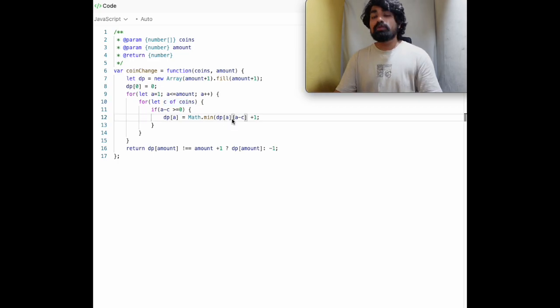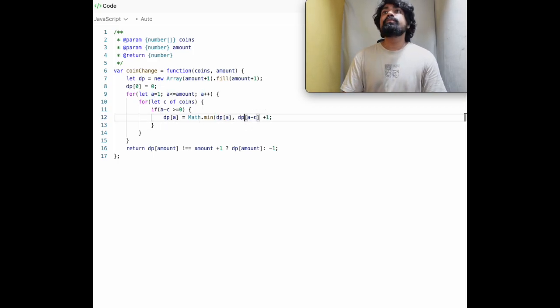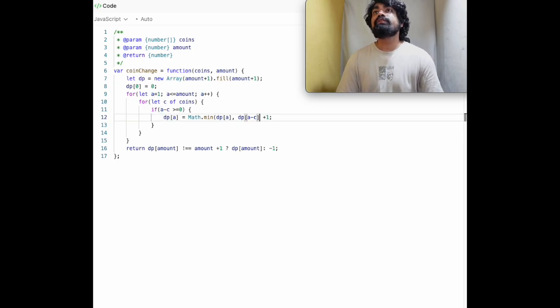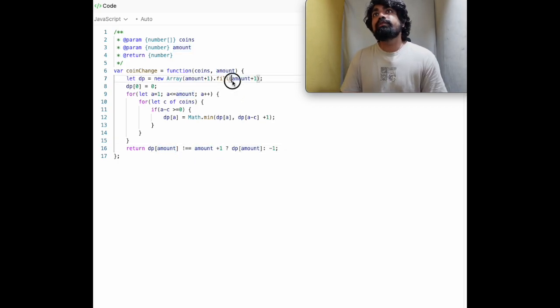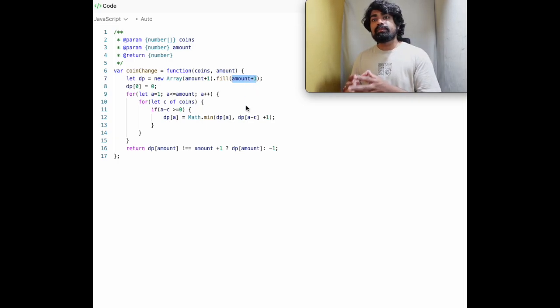So I need to use the minimum from an already existing solution and my new solution, which is going to be dp of A minus C. From these two, I will use the minimum solution and just fill this here until I reach my amount. And in the end, if my amount has been properly formulated, which is not amounting to amount plus 1 now, that means you have been able to form the solution that you were looking for,